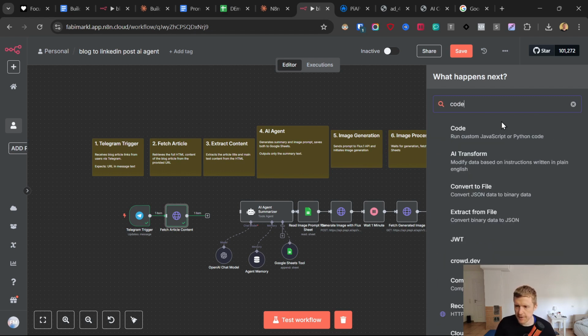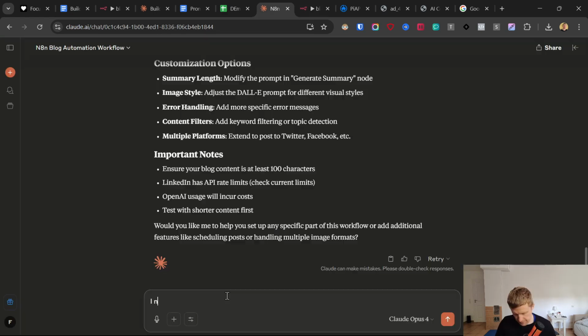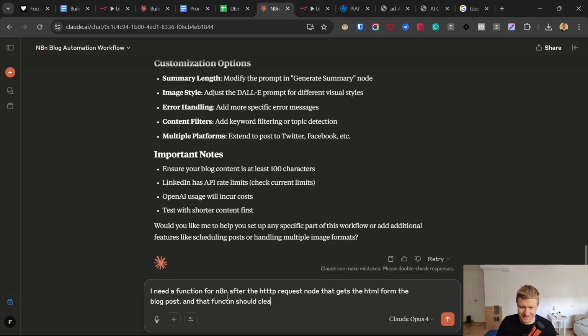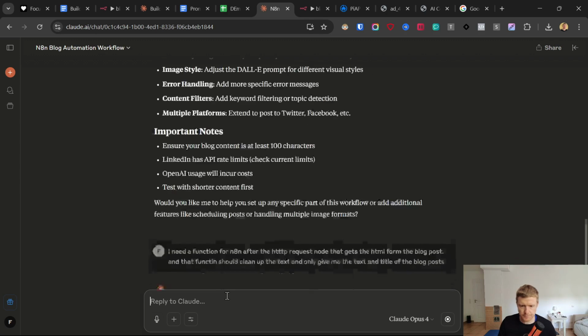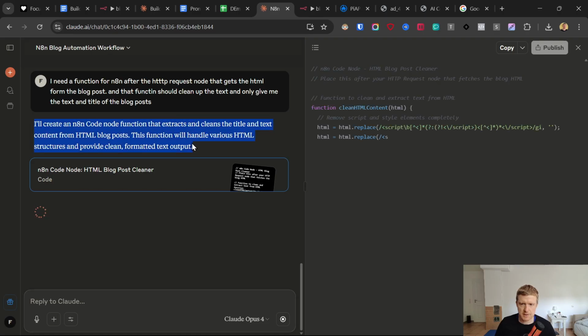So I can just add a code module here. Need a function for N8N after the HTTP request node that gets the HTML from the blog post, and that function should clean up the text and only give me the text and title of the blog post. Okay, now it updates